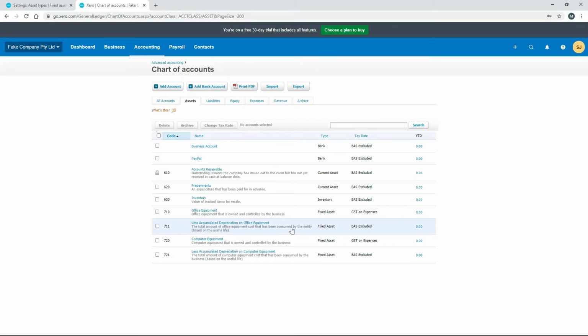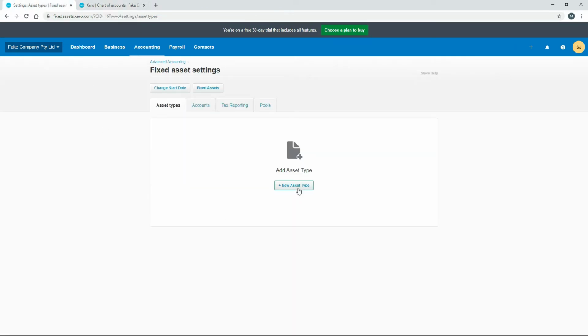okay, you can see here that we've got some fixed assets set up. So we've got office equipment and we've got computer equipment. So those are the asset types that we're going to set up. Just because they've been set up here in the chart of accounts, it doesn't mean they've actually been set up in the fixed assets section yet. So we'll open up the office equipment asset type over here first. So we'll just click on plus new asset type,